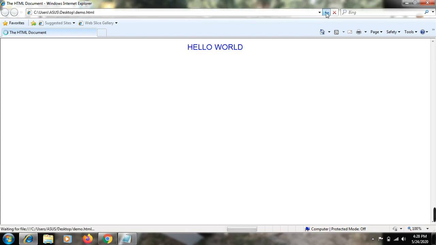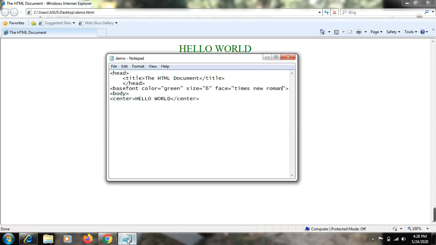and we refresh it. Let us see. So this is the basic font style, font size and font color for the web page. And now if we want to change all these, then we can also apply a font tag to change the basic settings that we have given through the base font. So the font tag will override the basic settings given by the base font tag. If you are using some other text with the font tag, then that will be applied and the base font settings will not be applied.